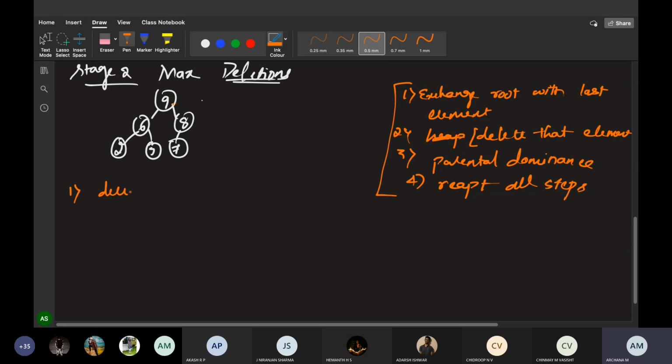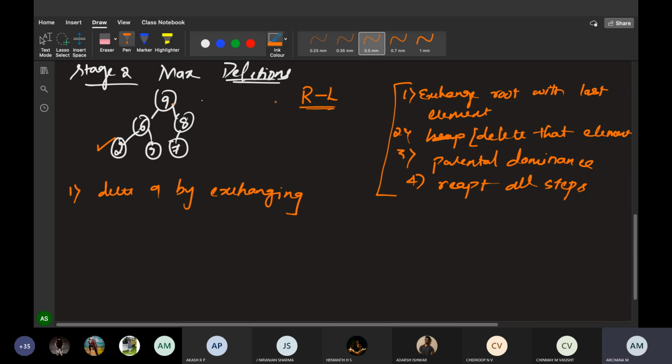First one, delete 9 by exchanging. With which element should I exchange? Tell me. What is the last element in the tree? Always deletions take place from right to left. Okay, see the last level. What is the last element in the last level? Tell me. 2, ma'am.